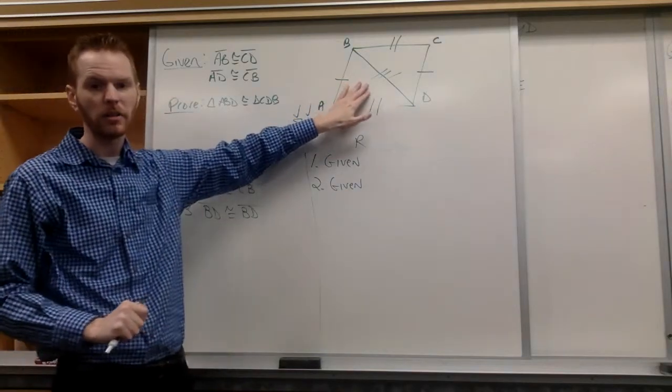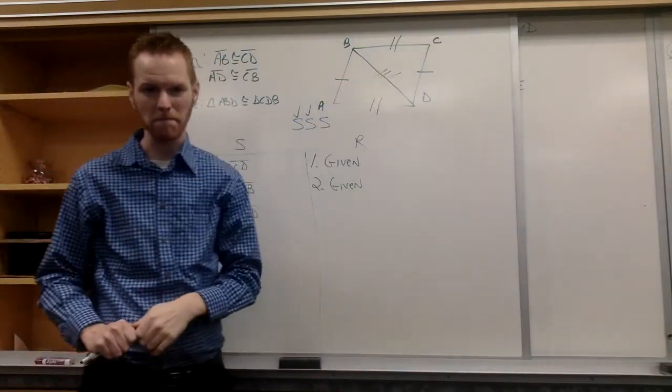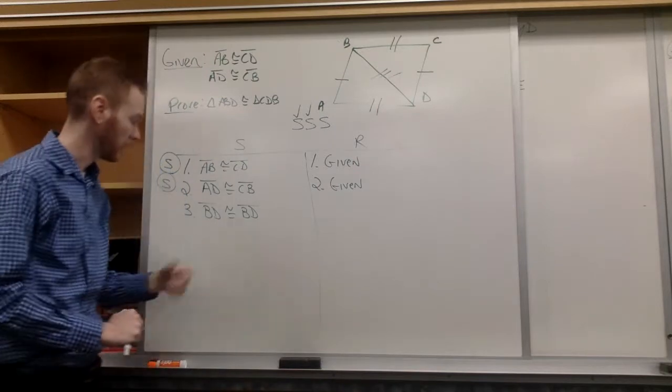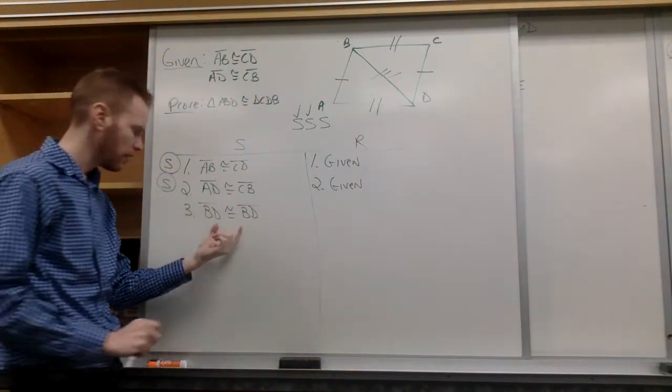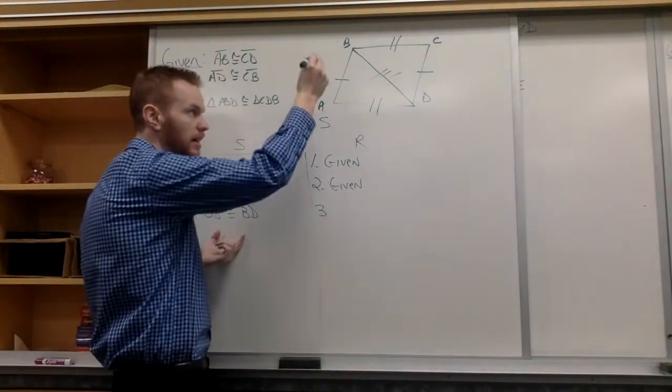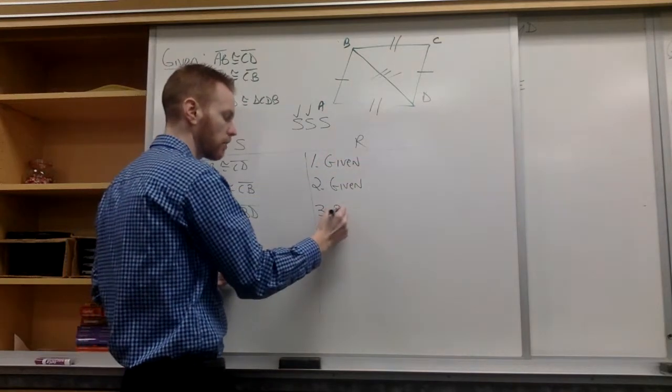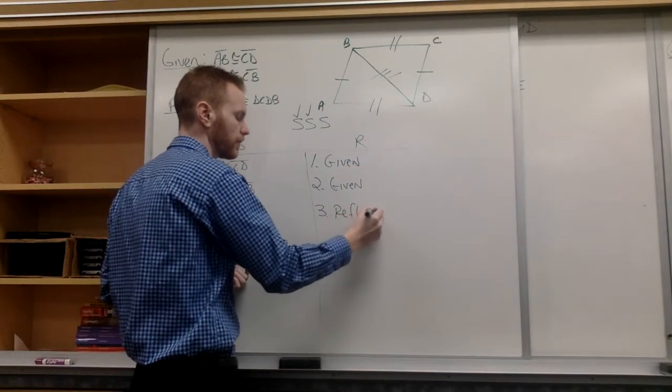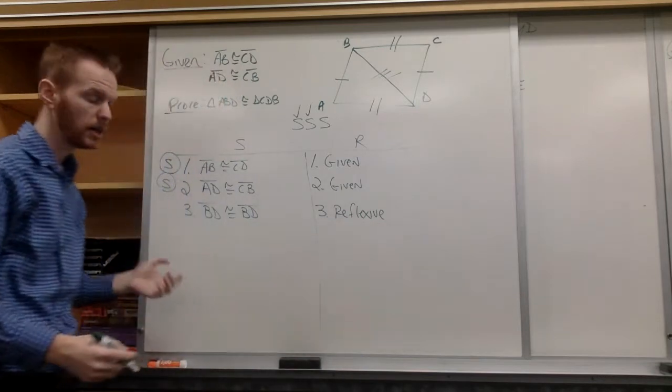BD in this triangle is the same as BD in this triangle, right? That's why it looks redundant. I'm pretty much repeating myself here. The reason they're congruent is because that's what's shared. So I'm going to write the word reflexive here. The reflexive property is why these are